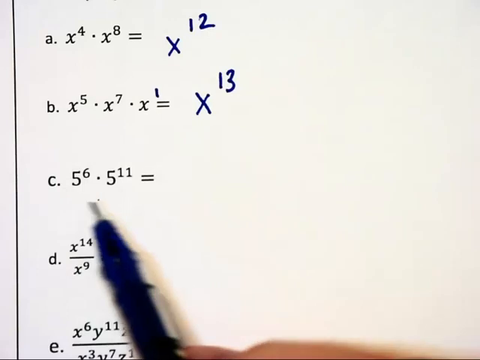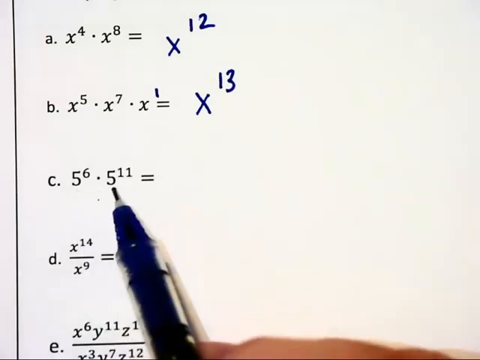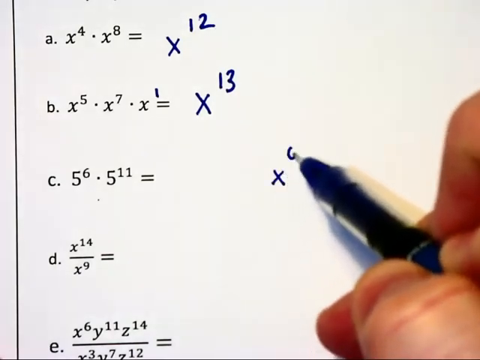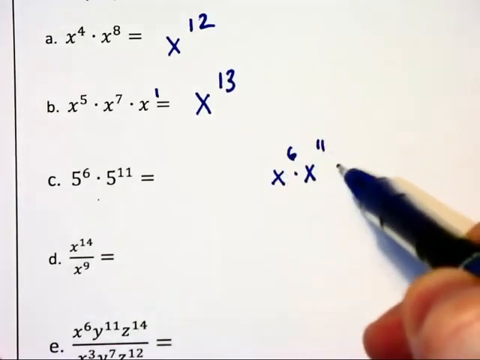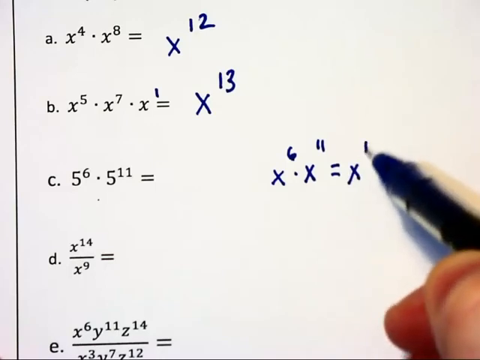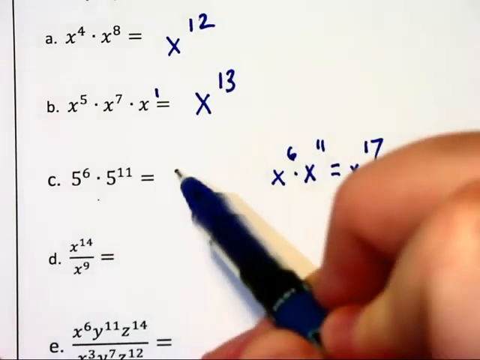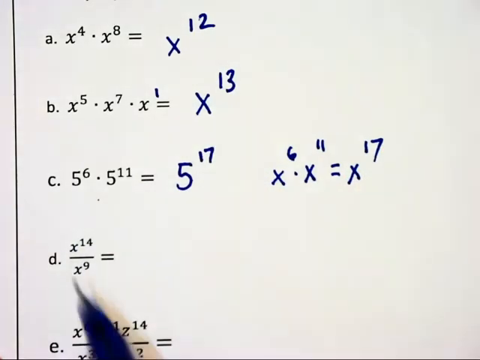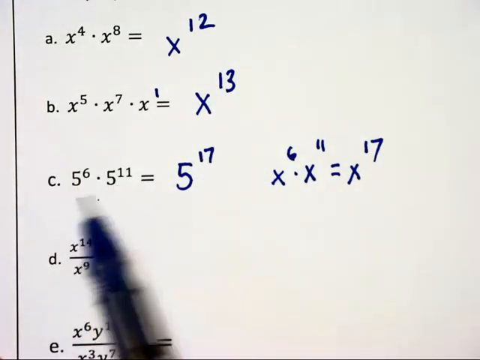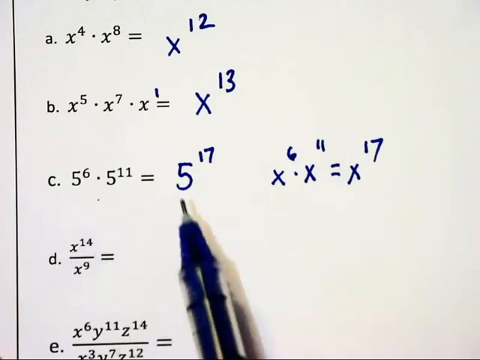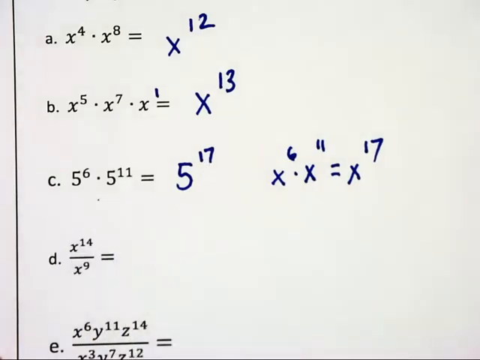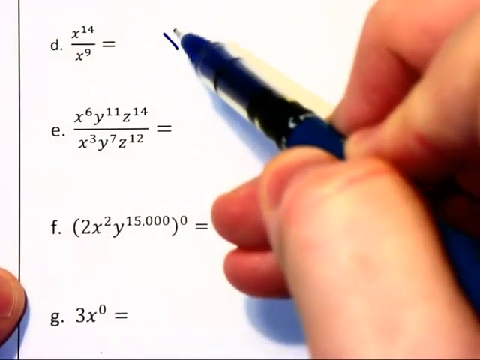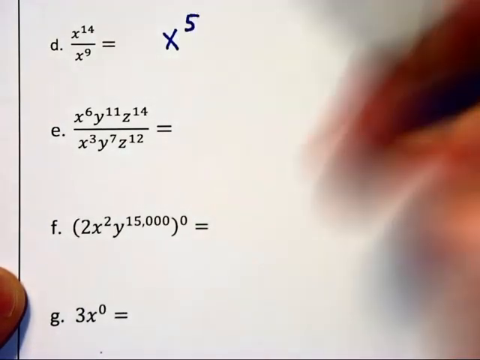In problem C, the most common mistake is for people to go 5 times 5 is 25. If those were variables and you had x to the 6th times x to the 11th, you'd have no problem writing x to the 17th. Well, we're going to do the same thing here, just 5 to the 17th. Don't go 5 times 5. Those exponents are telling you how many times the 5 is getting multiplied, and so we have 5 being multiplied by itself 17 times. In problem D, we will subtract exponents to get x to the 5th,